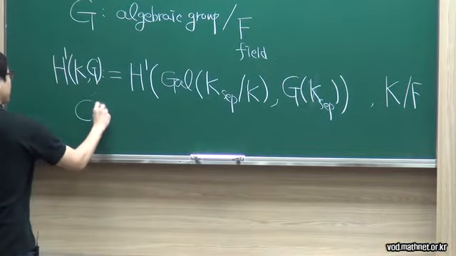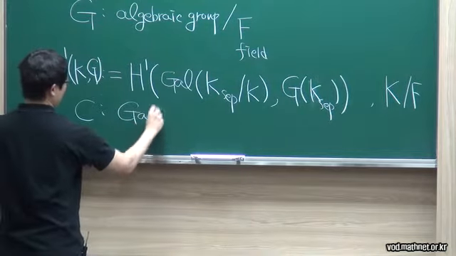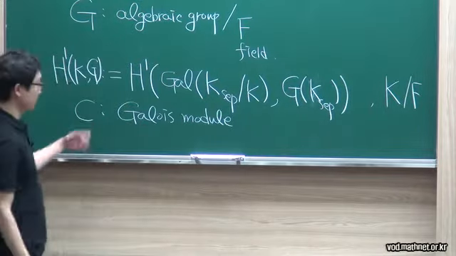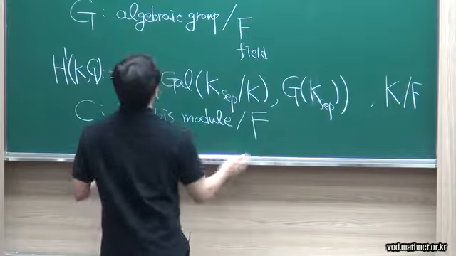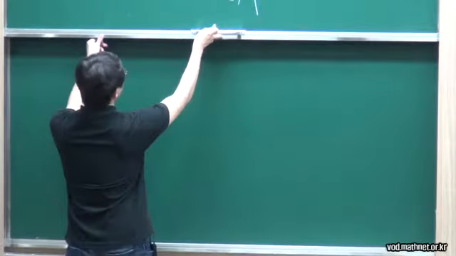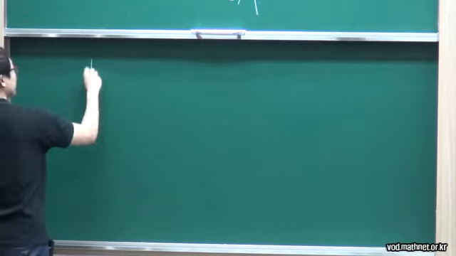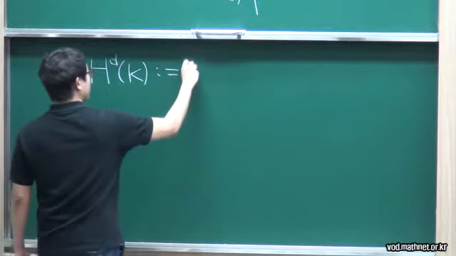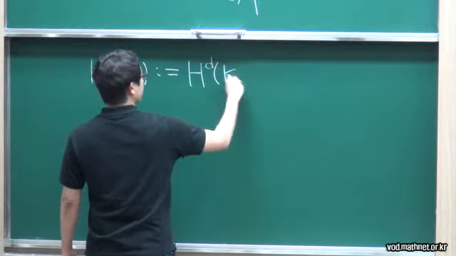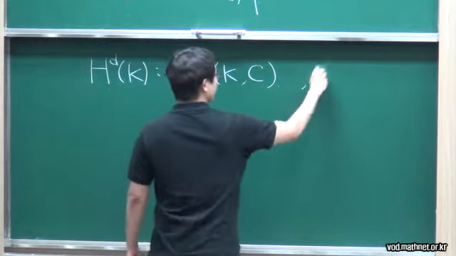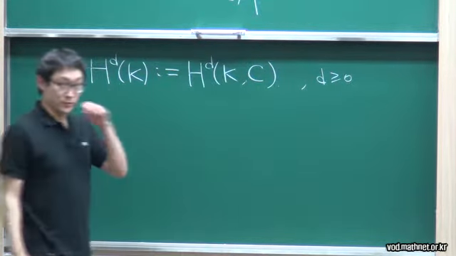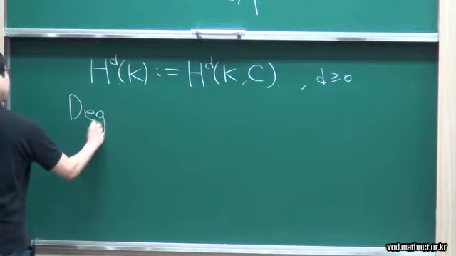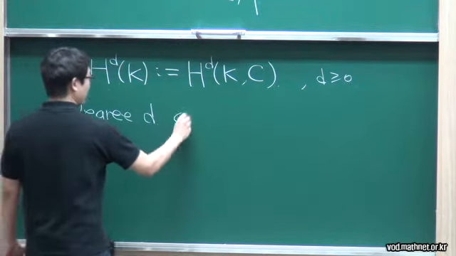And when one has a Galois module, a commutative group over F, we simply write H^d of K, C for any Galois cohomology group. And a degree d cohomological invariant